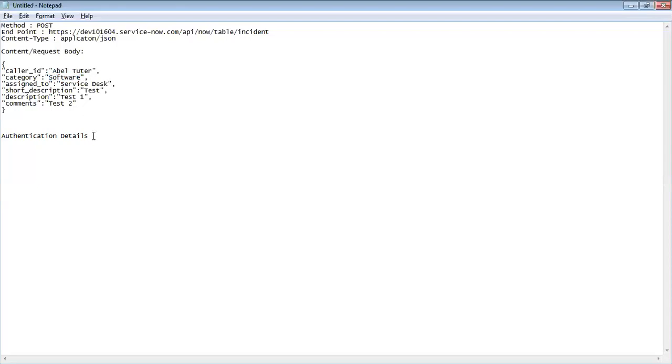And then the last thing is the authentication detail. All this information we are going to use in Postman. We want Postman to act as the third-party tool, and we will see if the incident is getting created in ServiceNow or not. We will share this information in the email body itself or any specific place. It depends on what process you are going to follow. An email or notepad, anything is fine. They will just copy and paste this content. It depends on your method of sharing details between teams.